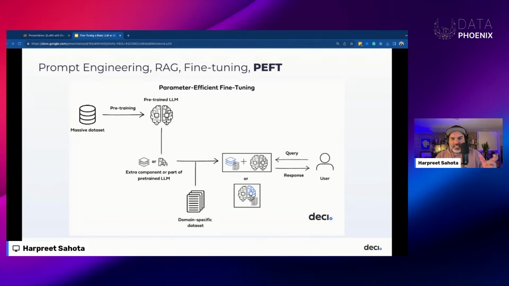And then some methods of PEFT just focus on adjusting some small portion of the original parameters, and others just add in and train new components like adapter layers, which are going to enhance the model's capabilities without altering its core structure. And in this session, the specific PEFT method we're going to focus on is called QLoRA.